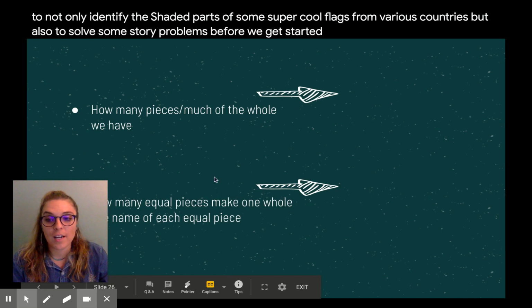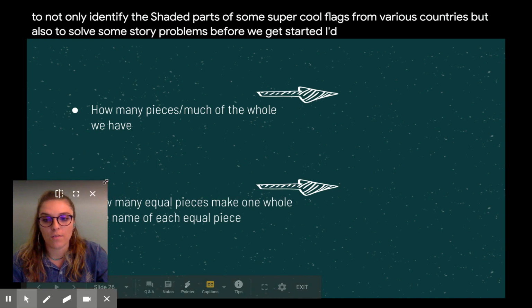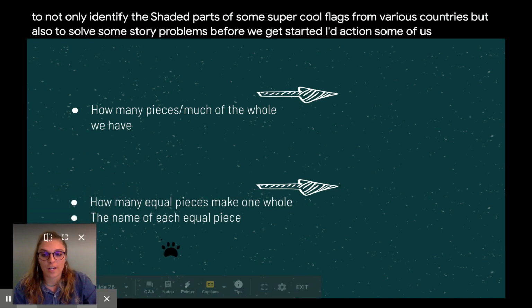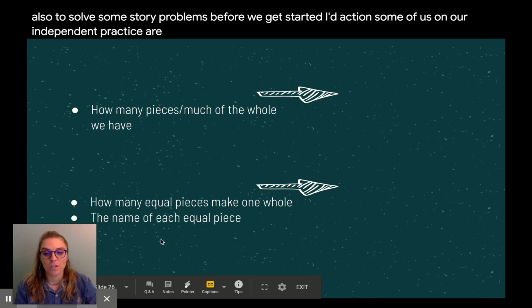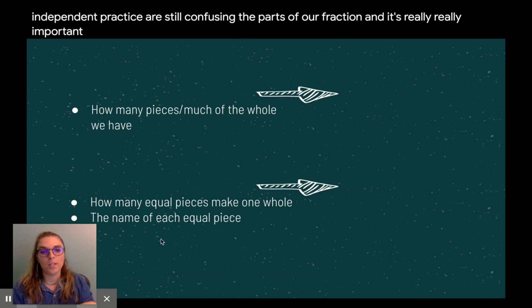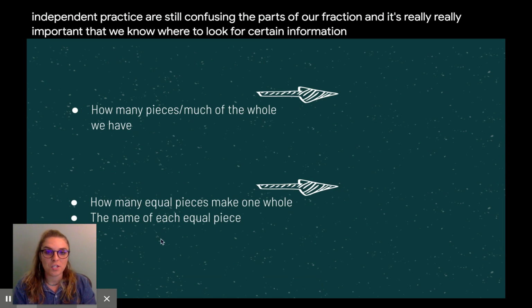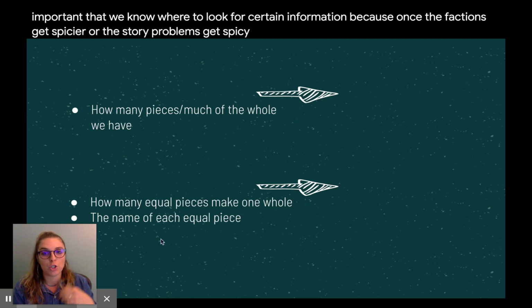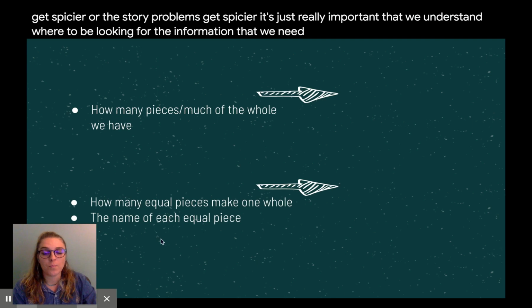Before we get started, I did want to review the parts of a fraction. Some of us on our independent practice are still confusing the parts of a fraction. And it's really, really important that we know where to look for certain information because once the fractions get spicier or the story problems get spicier, it's just really important that we understand where to be looking for the information that we need. So again,